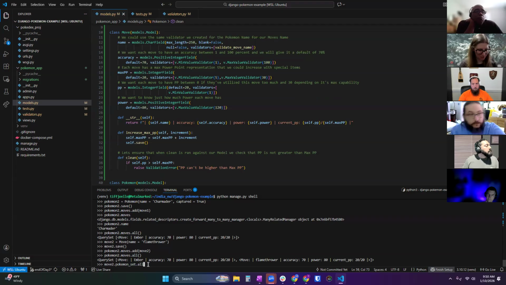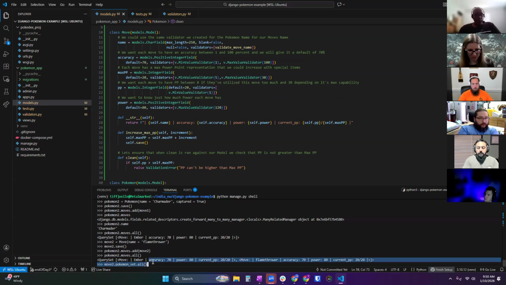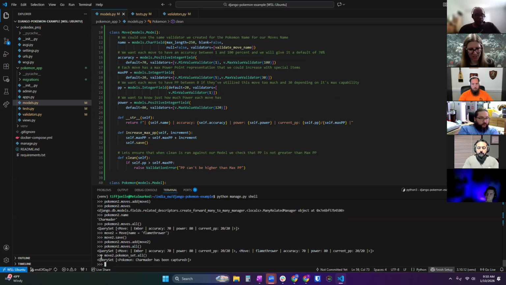There's a different way that I'll show you in a second. So now if we do move to Pokemon set.all, this is basically the query of select all Pokemon from move where move equals Ember. Okay, that's the SQL version of it. So now going backwards, we could see that move Ember has Charmander included. And then if I assign this move to other Pokemon, we would see the other Pokemon in this list as well.